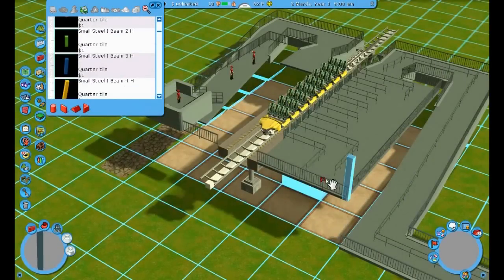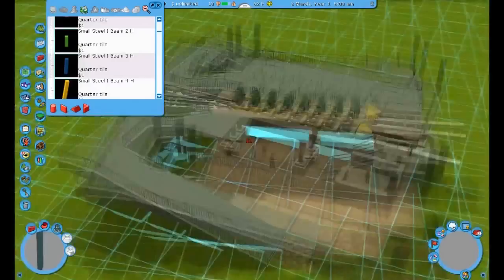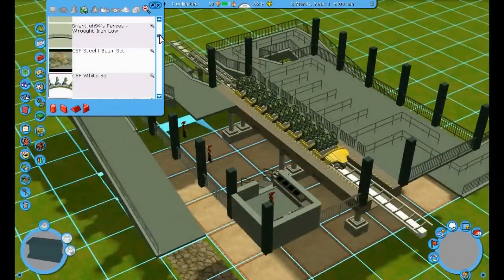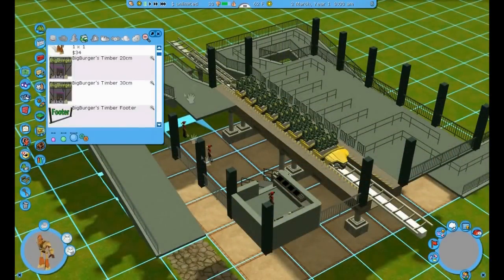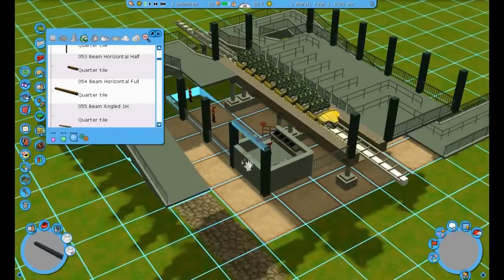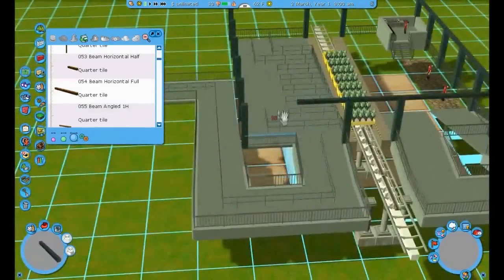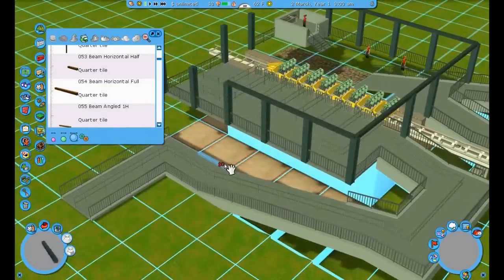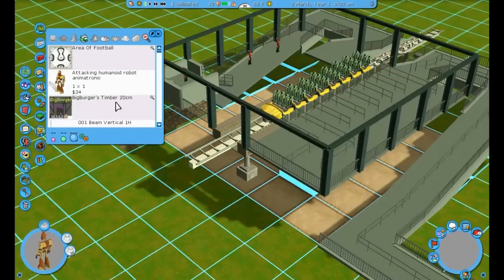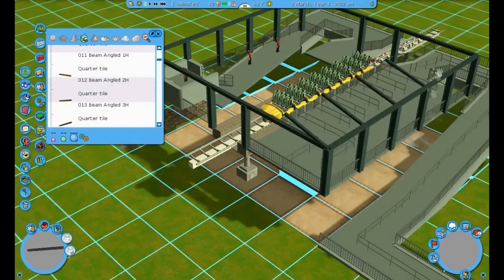Now I'm using CSF's steel I-beam set, and I'm just placing the initial supports for the roof. Now I'm going to switch over to Big Burger's timber set V2, and I'm using the 30 centimeter ones. I would like to find a nice metal set of square beams, but I haven't had any luck finding any. Now we're going to switch over to Big Burger's 20 centimeter timber set, and we're going to start